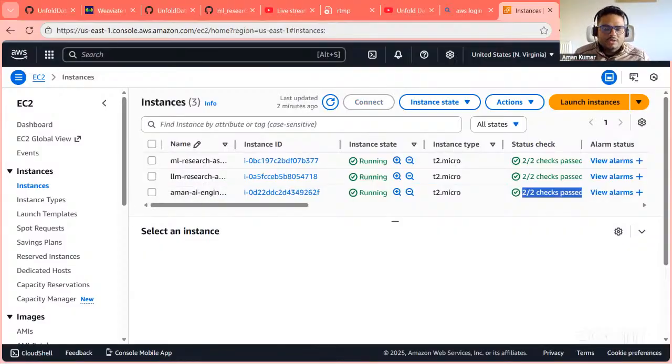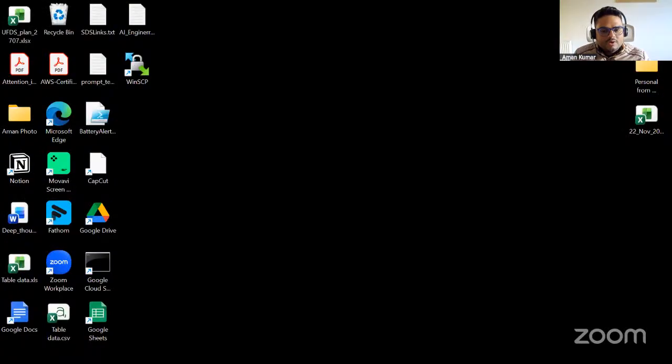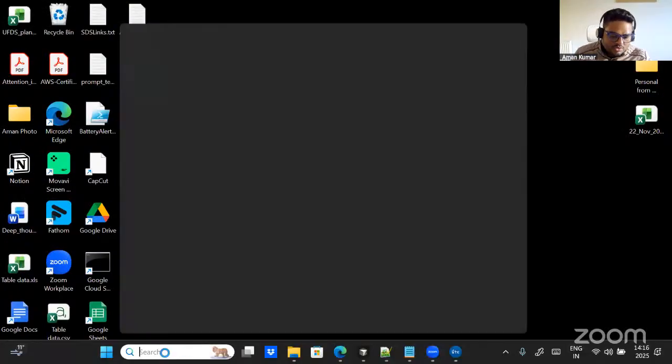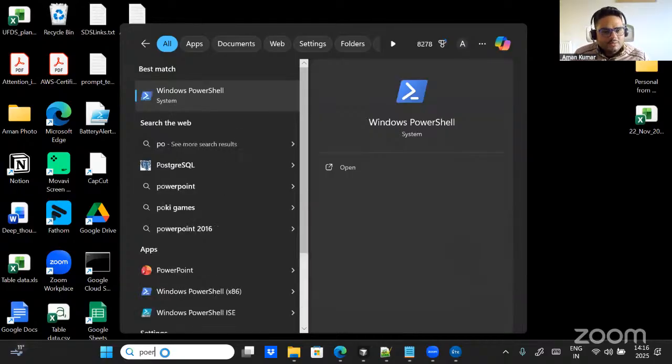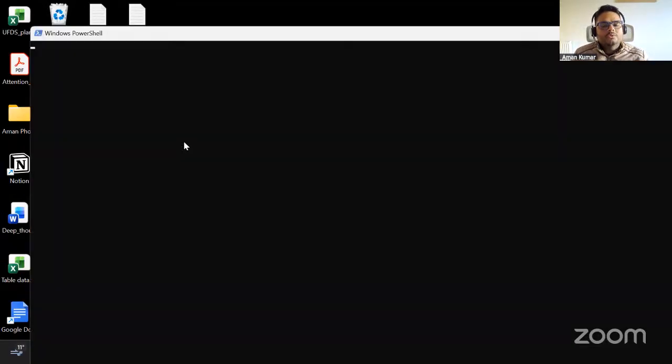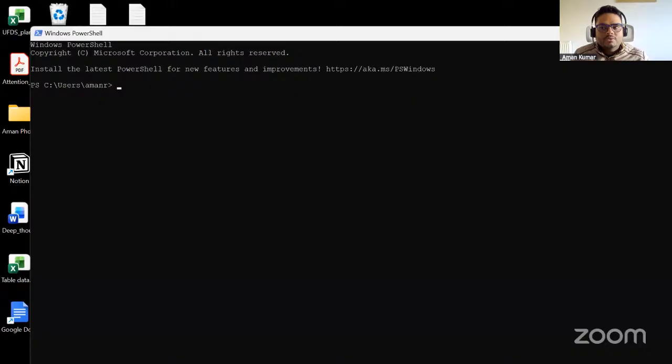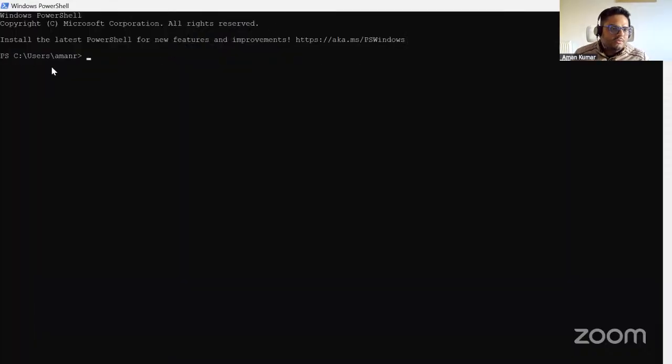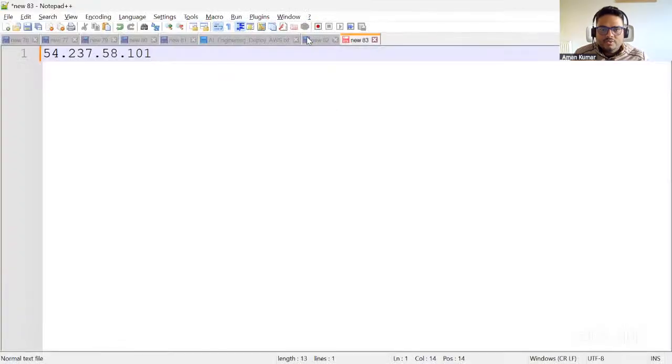Okay. How will you log into this instance from your local machine? That is one important thing. For that, I will open something known as PowerShell. You can do it in multiple ways. You can do it from AWS CLI, you can do it in different ways, but I'm using PowerShell. Okay. And the command to log into that instance will be